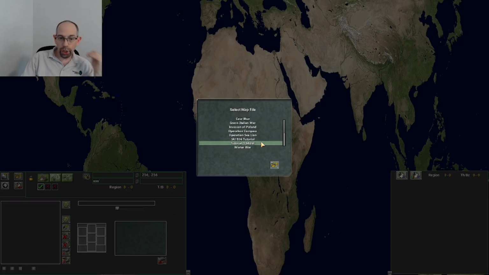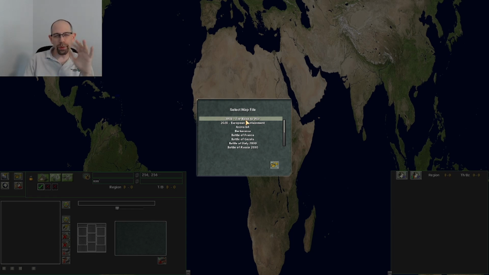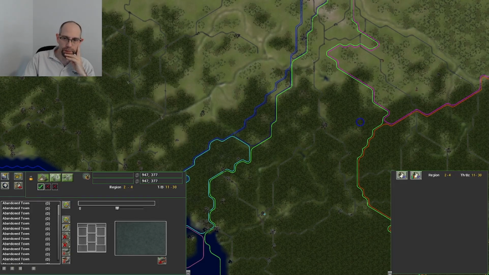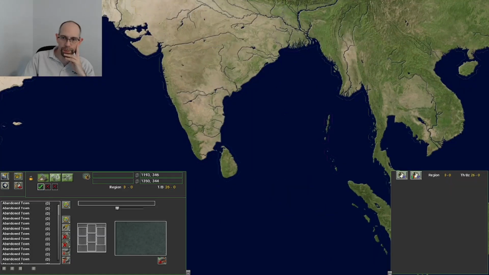So here is the load list, which has all the different files, all the .scenario files that it found in the scenario folder. And the SR 1936, we use some name overrides in places. That's one where this 1936, the road to war, that actually is that SR 1936 .scenario file. So if I load this, and then let's pan over to Japan,